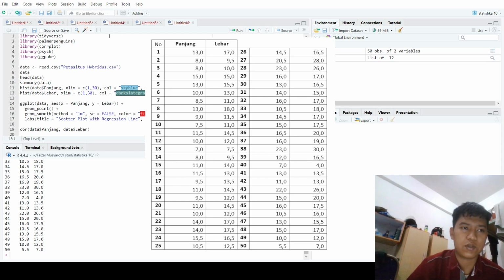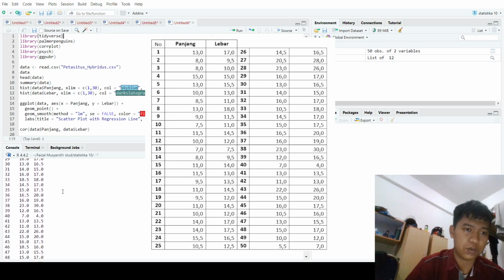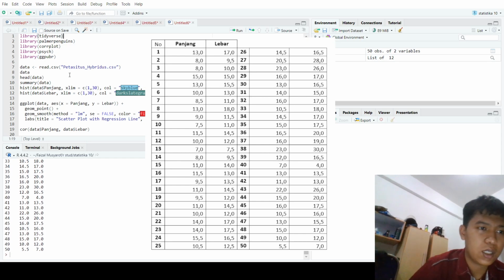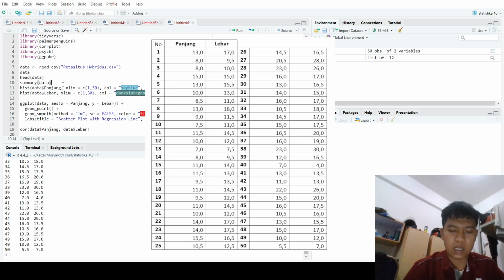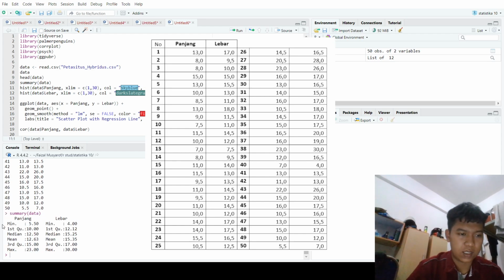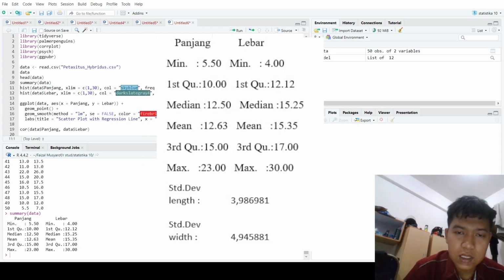and then next we go to R Studio. Here, we can make a data summary. So if we run the code here, we got for the length or panjang